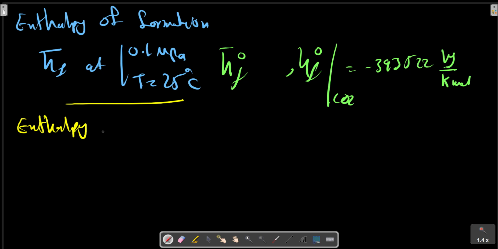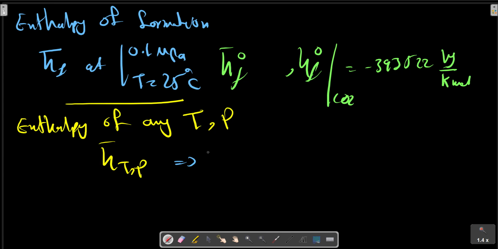Enthalpy of any temperature T and P, H bar T and P, can be written as this expression: H bar T and P